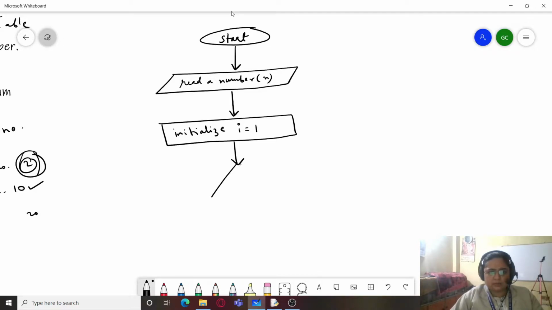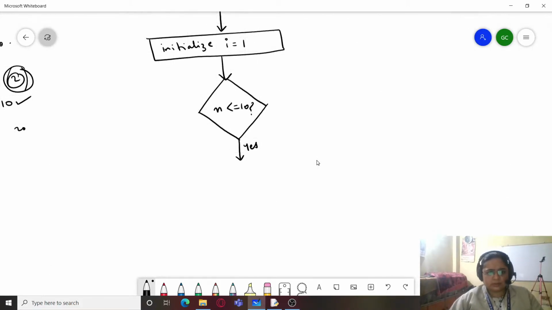Now what I'm going to do is I'll ask, is n less than equal to 10 or not? If the answer is yes, that means I'm going to print what? n multiplied by I. So I will print n multiplied by I.